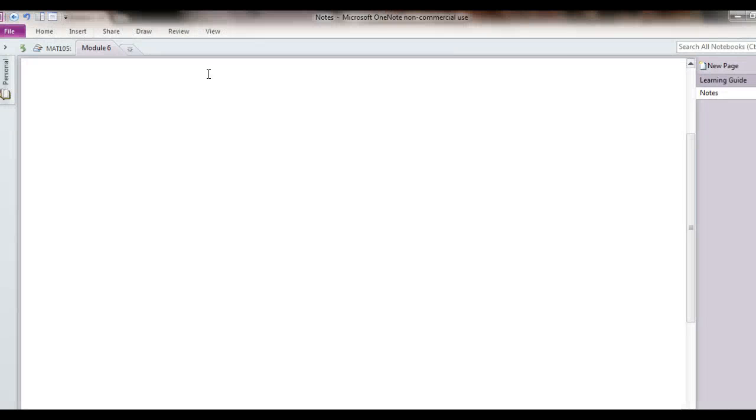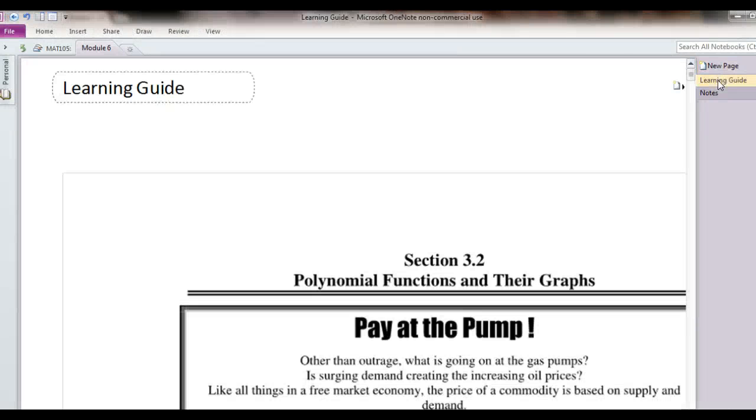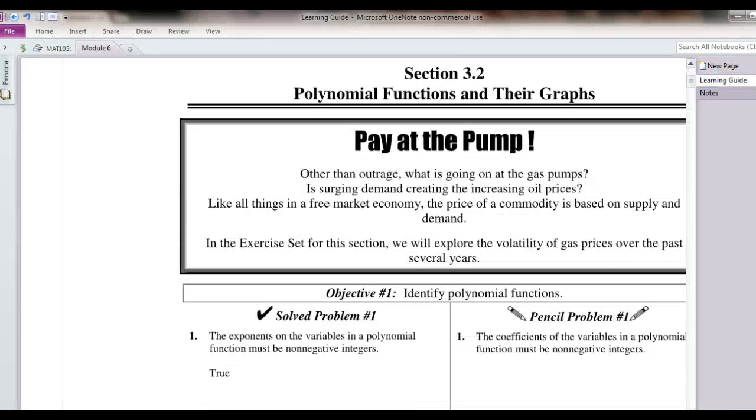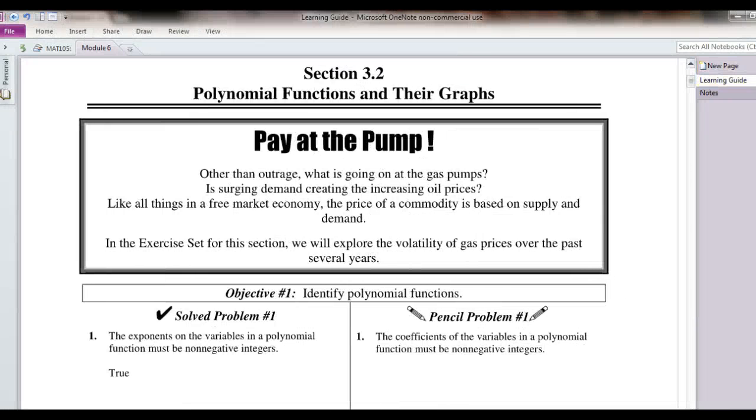Okay, let's get started with the Module 6 Learning Guide. So we're just going to go through this. It's actually a relatively short section, and some of it we've already covered. The first thing they do is introduce polynomials, but we've already done that earlier in a previous module, so just remember that